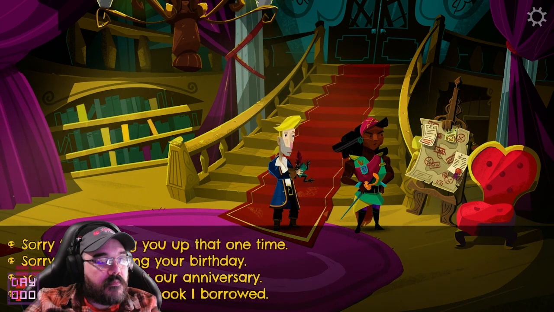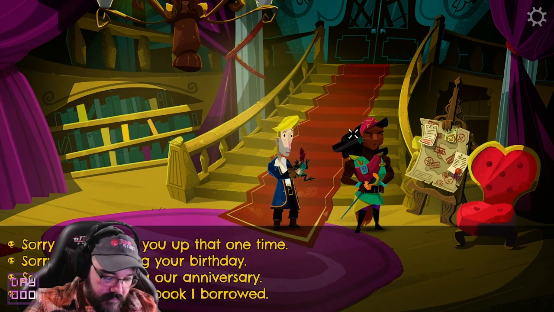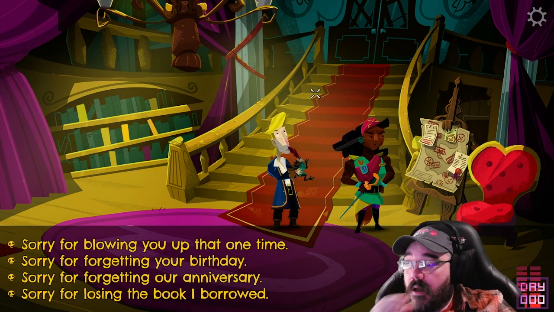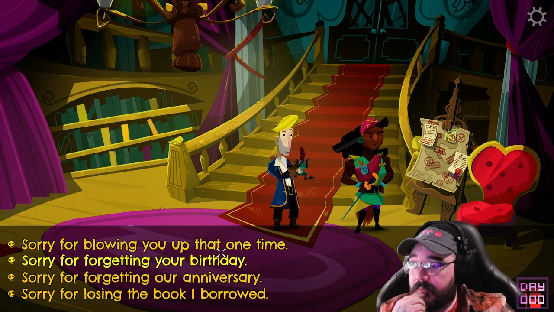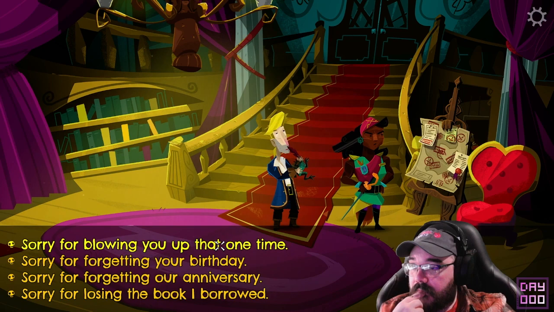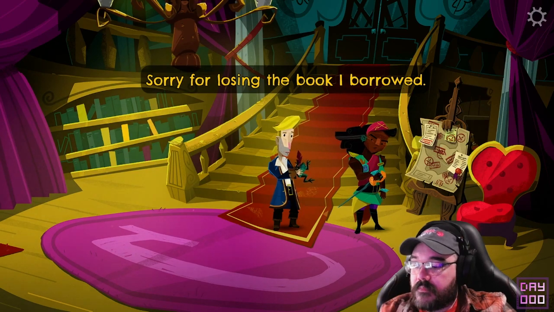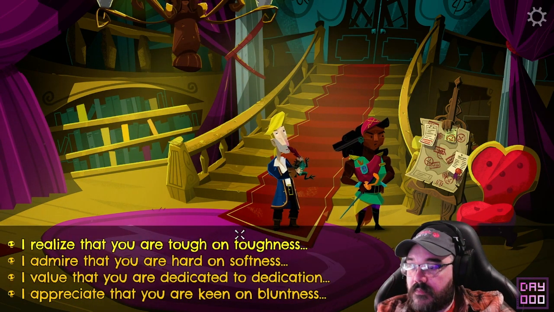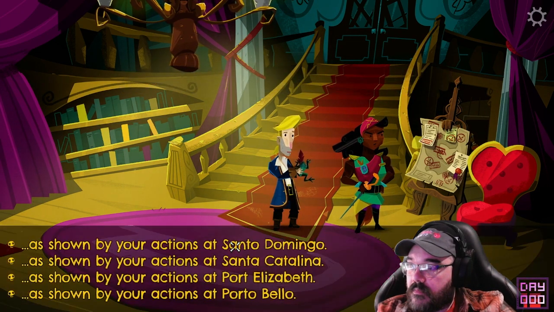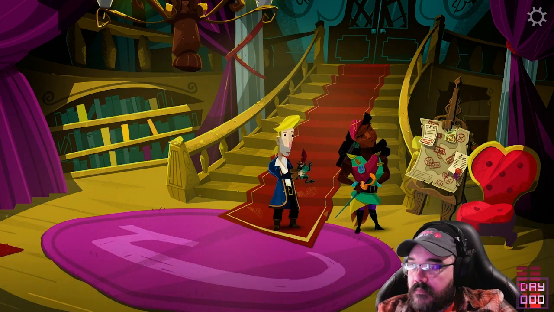Dear Carla. Yeah, I realised. Oh, I am standing in the wrong place, aren't I? Oh, sorry, I've been covering up the writing all this time. But now the writing's backwards on my hat. Yeah, we could use this for Wally as well. Sorry for losing the book I borrowed. I realize that, as shown by, please accept my humblest... I promise...